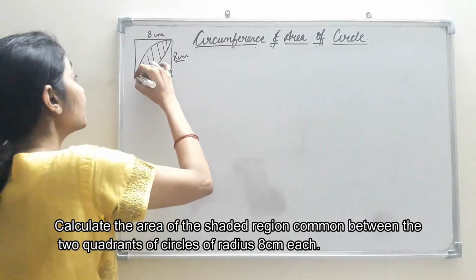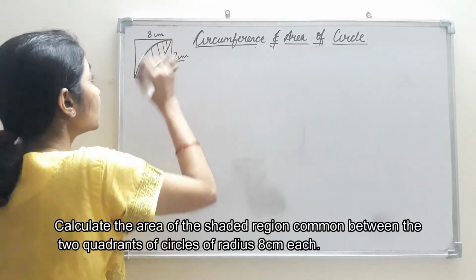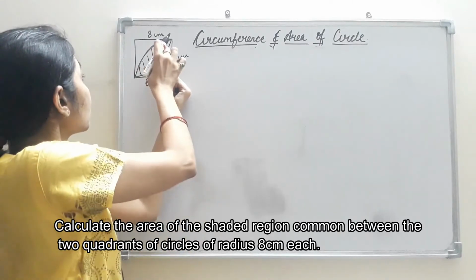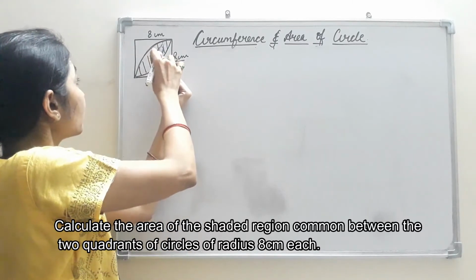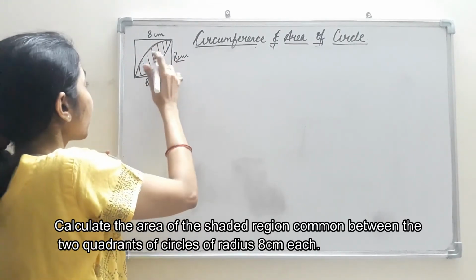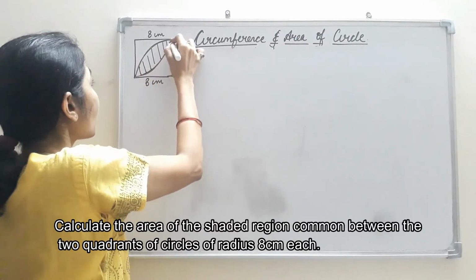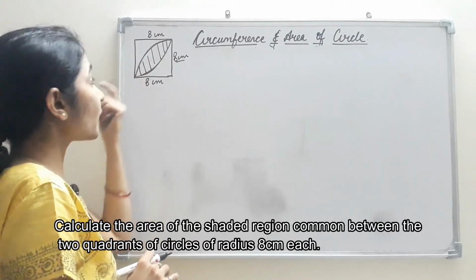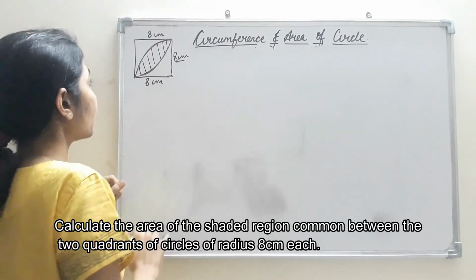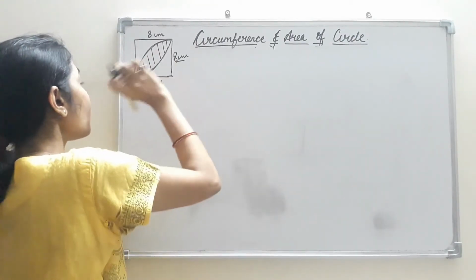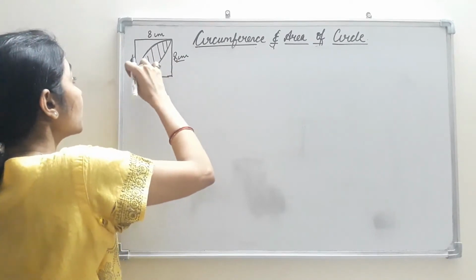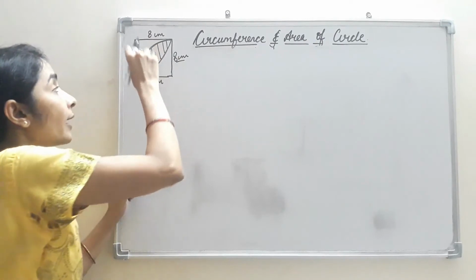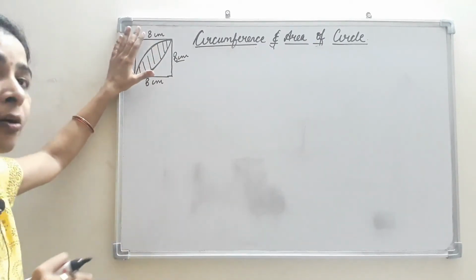Now this comes in the area of this quadrant, but this portion is also coming, and here we cannot subtract this thing. If it would have been a chord, then we would have subtracted the area of the triangle and got the area of that segment, but it is not a proper segment. It is a shape of a leaf type. Now this area is included in this quadrant and is common. A part is common in both the cases.